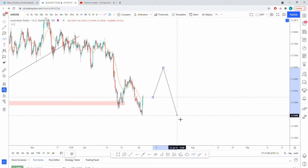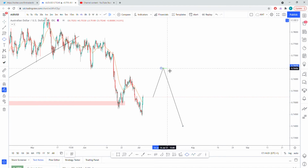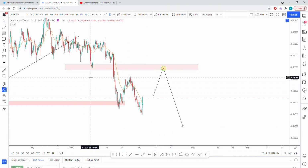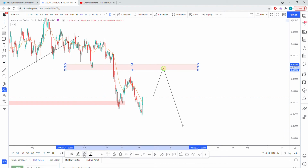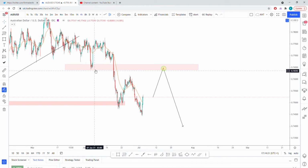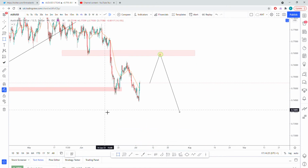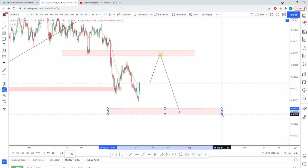Although I've not marked it out, these are critical levels that I've got marked out mentally in my head. So again, I'll just label this for you now. We'll do a quick zone. So 0.65, and we'll change the color of that to red. Oh, I don't like that one. We're simply marking these out for the next zone that we are potentially aiming into. I'm looking into 0.65 as a reaction point potentially, and for price to take out 0.74